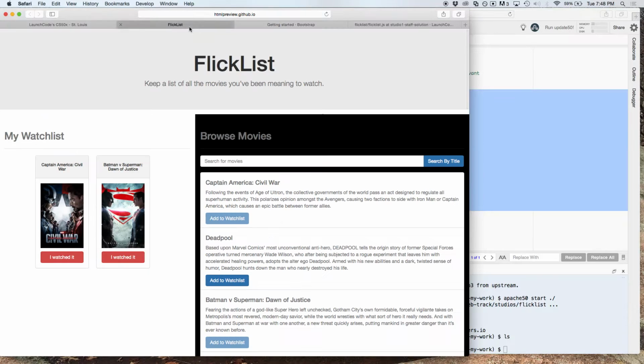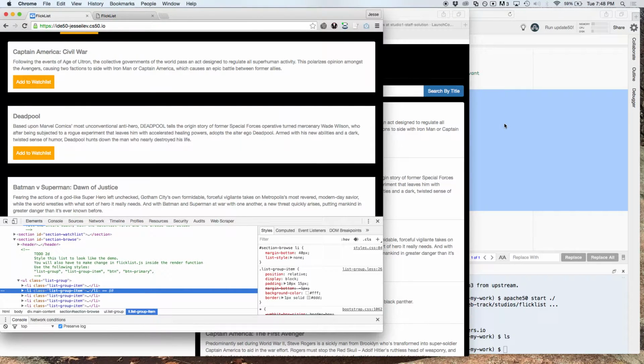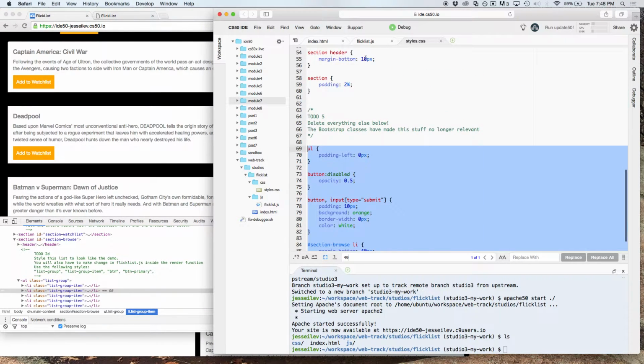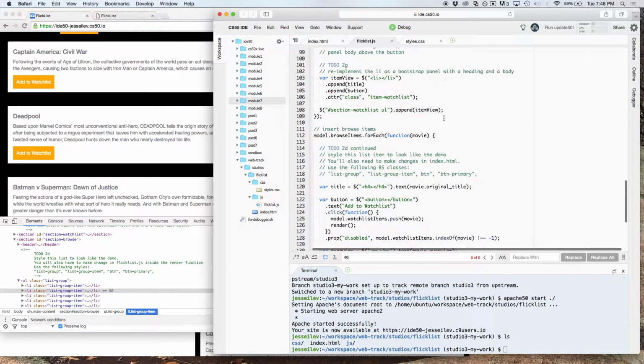So the other difference between ours and the example is that these buttons look a little different. They're blue instead of orange. They have rounded corners. They highlight a little when you hover over it. Your mouse changes to a hand. All that stuff we can get out of the box from Bootstrap if we use the right classes. And the right classes are